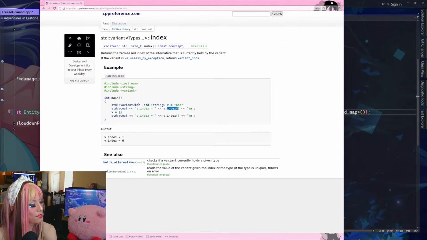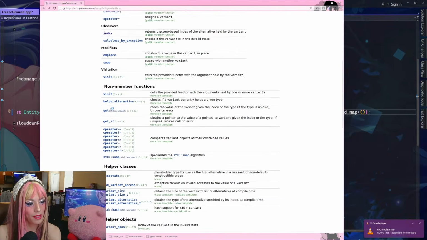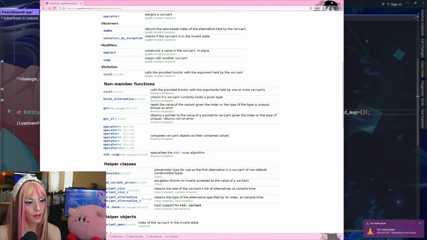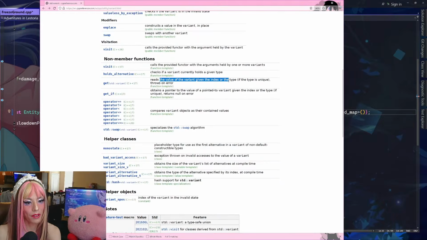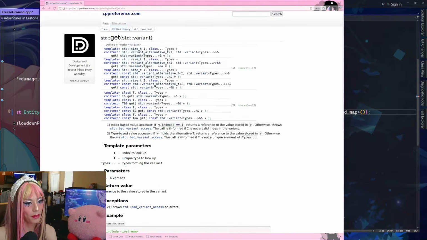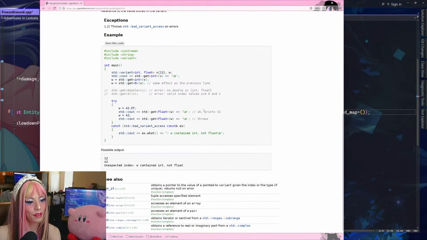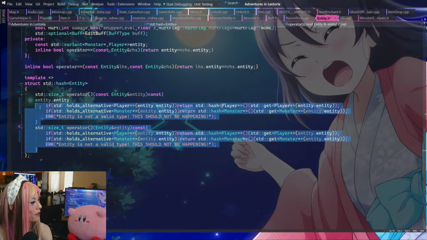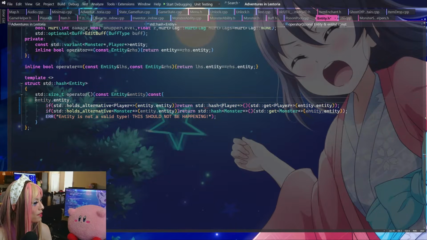So can I just like index into this? I wonder. Get reads the value of the variant given the... Okay, yeah. But can I get it by number instead of the type? I wonder. Oh, it looks like I can. Same effect as the previous line. So if I always get the first value, I know they're both going to be raw pointers. So it doesn't really matter what the type is. I should be able to generalize it to say, okay,